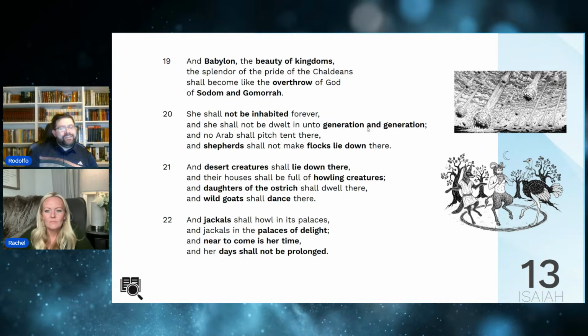And I thought about this phrase, Babylon, the beauty of the kingdoms. The King James translates this as the glory of the kingdoms. This is the literal translation. But glory of the kingdoms versus a kingdom of glory. And maybe there is a play on words, that Babylon was an external